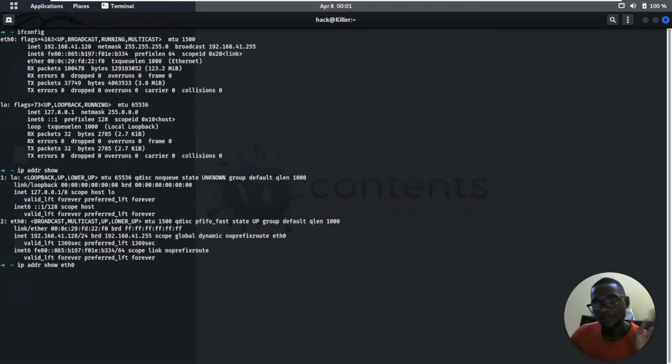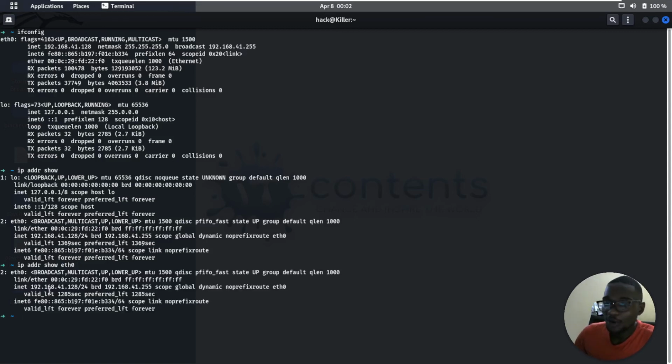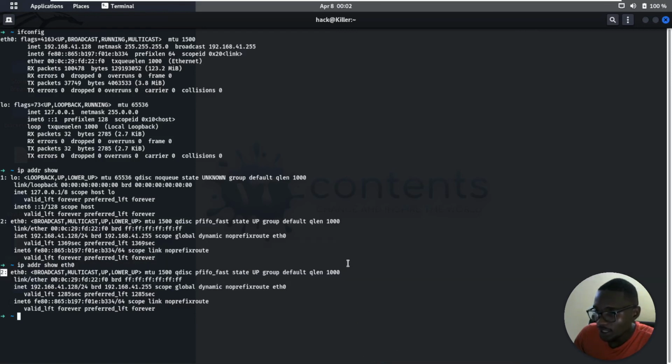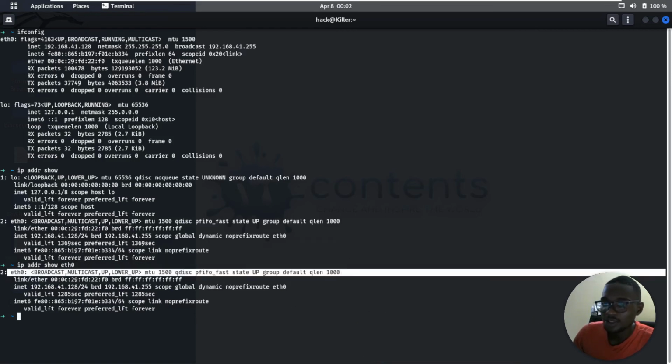So ip space address, which is addr, space show, then eth0 if you want to check for the Ethernet, or wlan, whichever it may be. Okay, then you want to press enter. As you can see, now we only got the details for only that device. So this can also help you to just check for a specific device that you want to view the IP